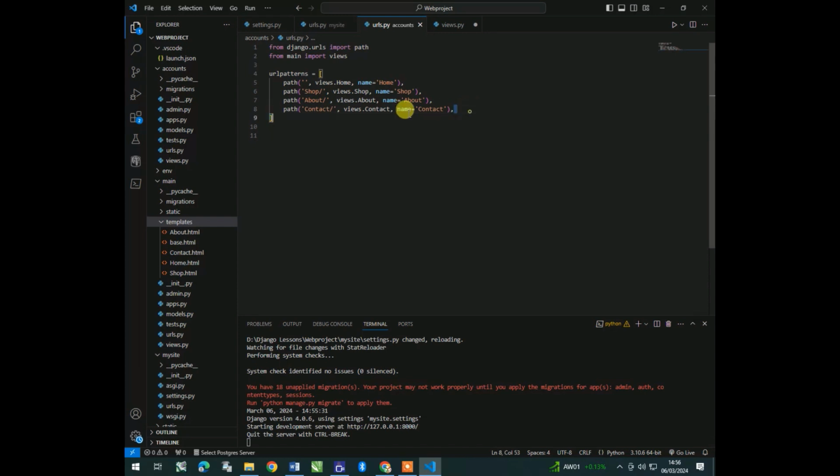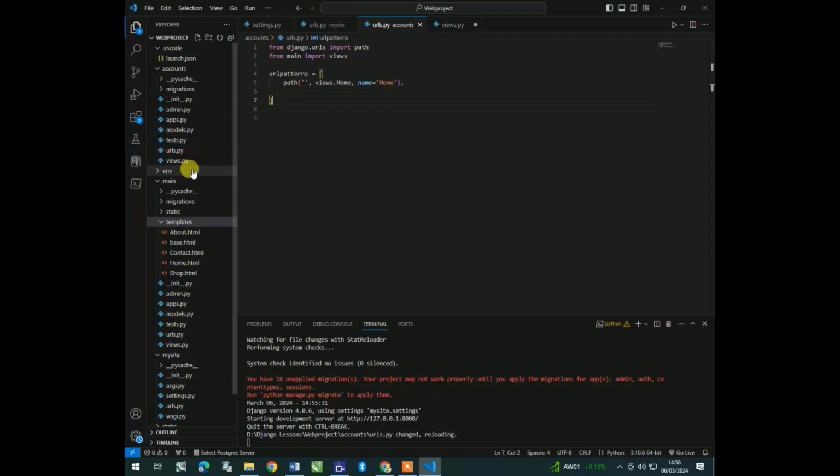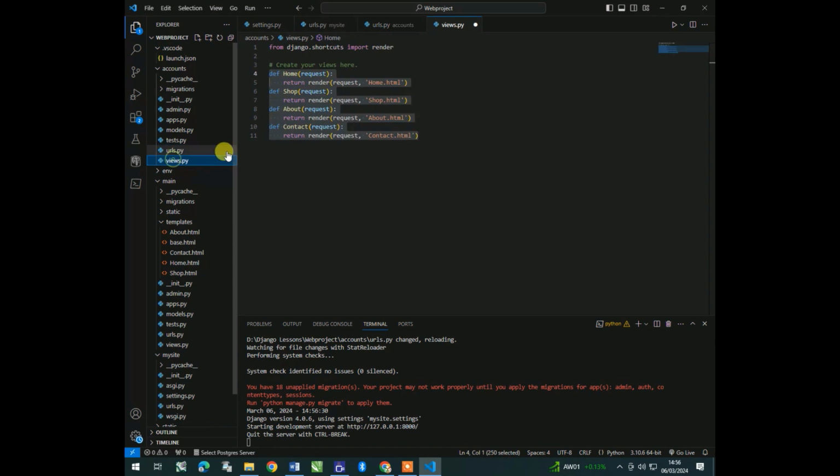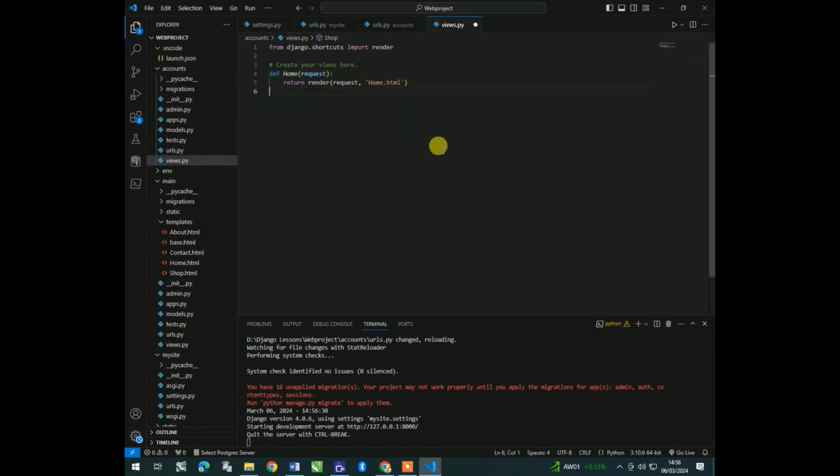So we need to create those and then delete this, and then we also change those URL patterns. You also change them to add login and create account or sign up .html here,